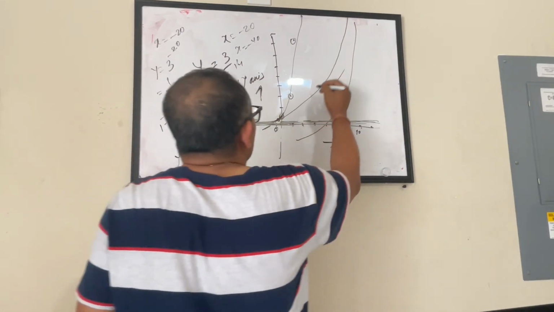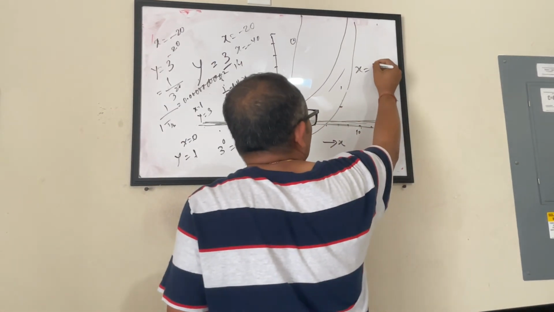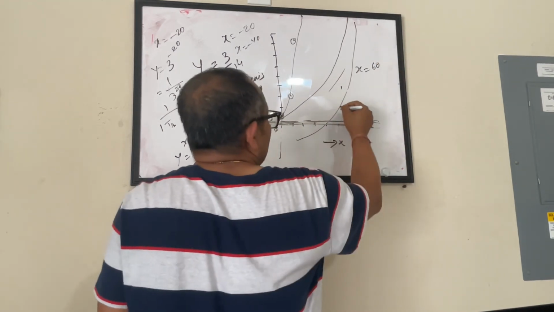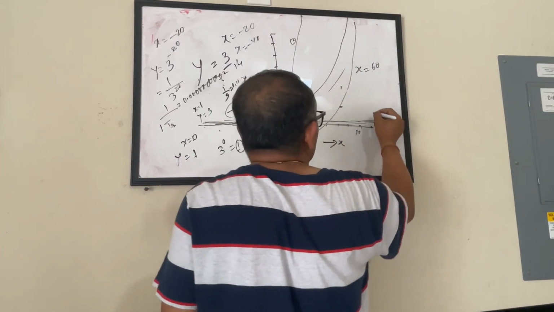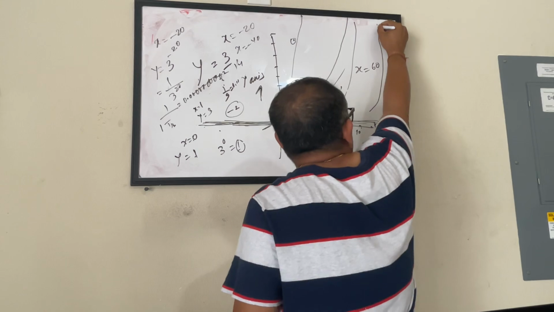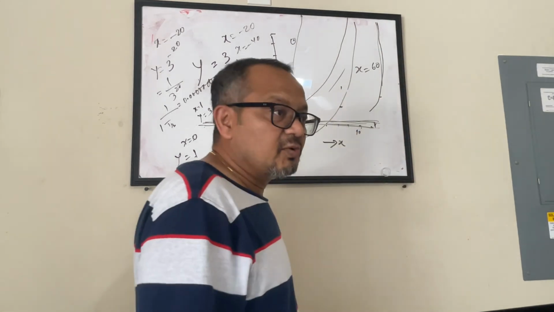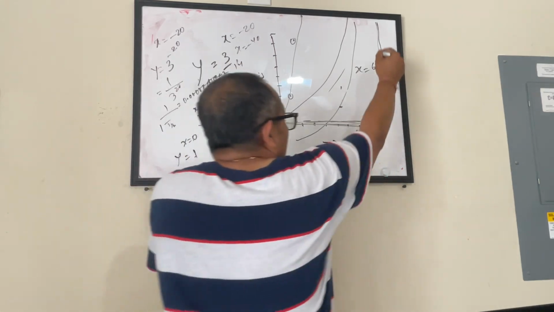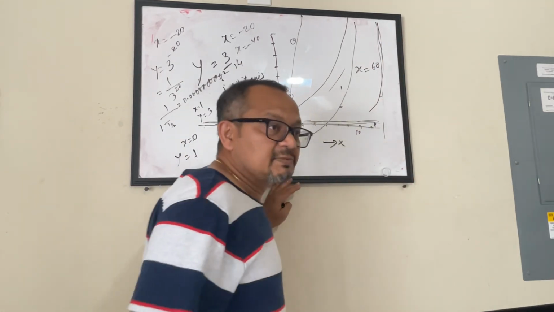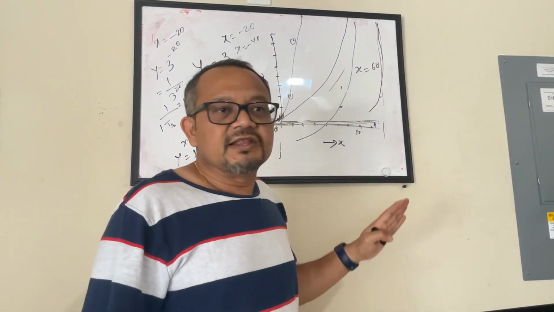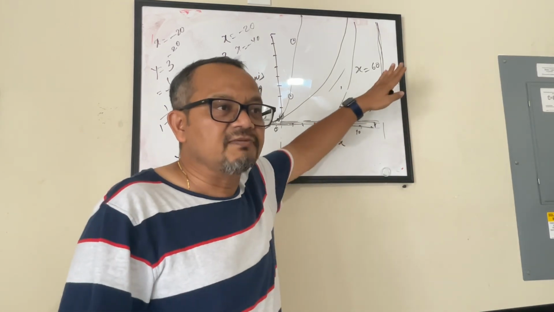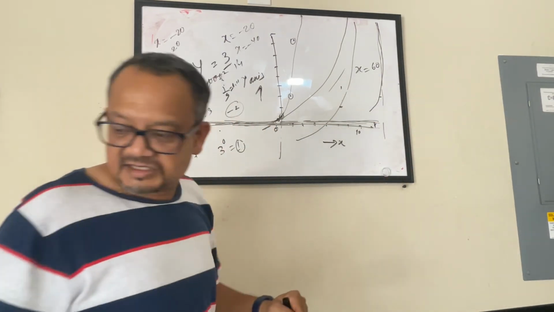Similarly, when you make x equal to, let's say, 60, you will see that for x equal to 60, it starts becoming like this. Every small increase makes it go further up. So this becomes your vertical asymptote. This is just for information. You will not have to deal with it. It just helps you